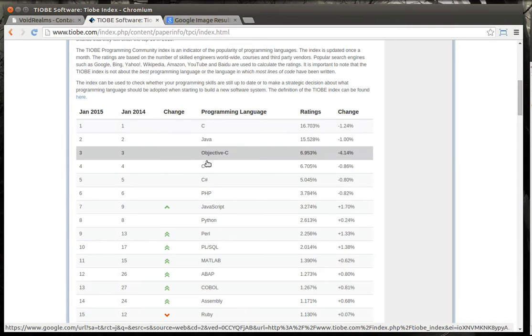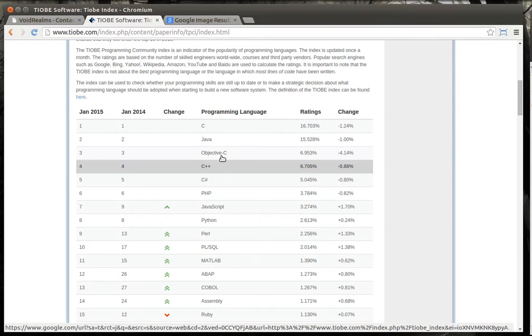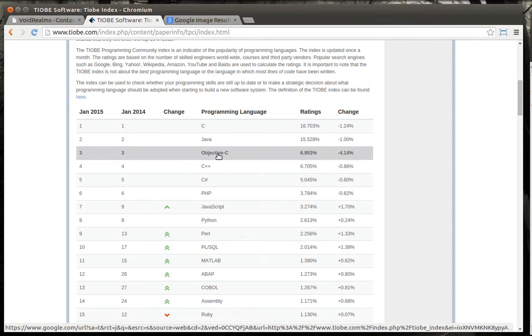You'll notice that C is, quote unquote, the most popular, followed by Java, Objective-C, C++, C Sharp, PHP. So what are you looking at right here in the top? Let's look at the top 6. Well, they're all C-style languages. If you know C, you implicitly already know Java and Objective-C and C++ and C Sharp. Now, I know I'm going to get some hate mail saying Objective-C is totally different, but really, it's a C-based language. So my point is, if you know one, you pretty much know them all.